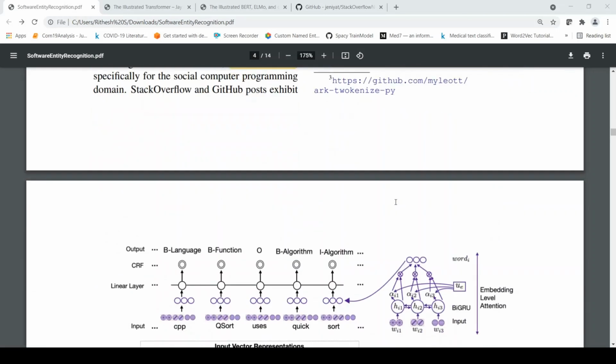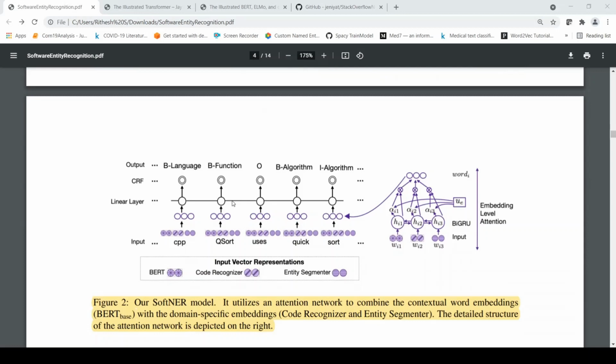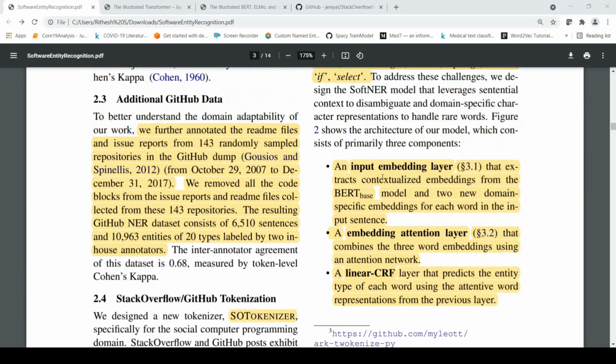So here they have the architectural diagram of their soft NER model. So what does it consist of? It consists of an input embedding layer which extracts contextualized embeddings from the BERT base model, and two new domain specific embeddings for each word in the input sentence.